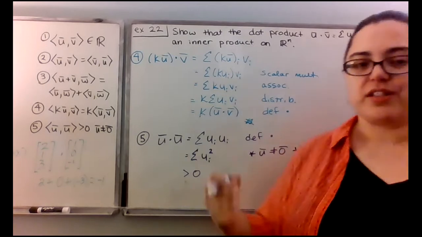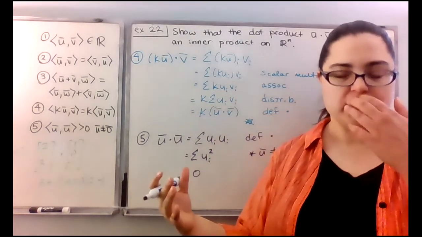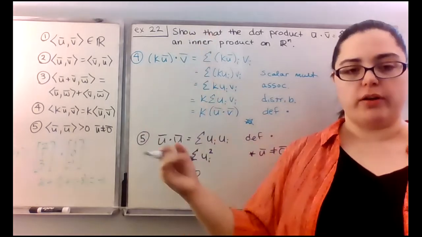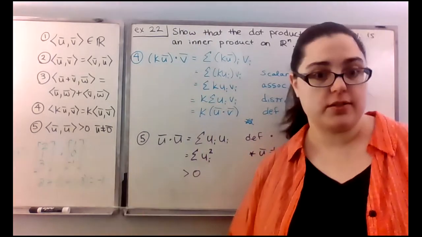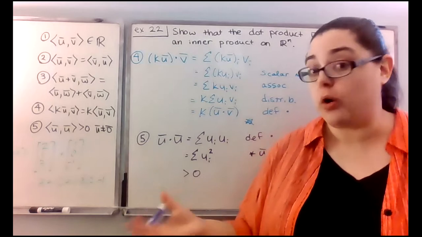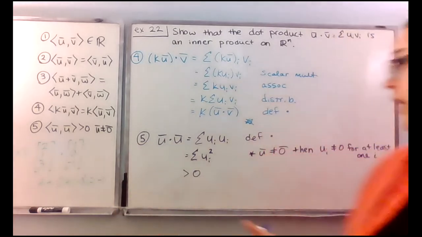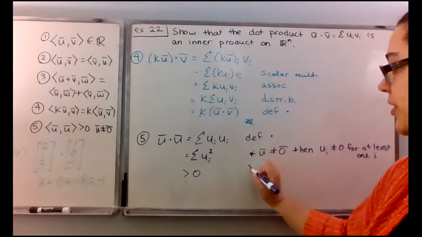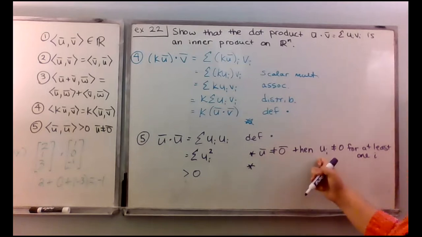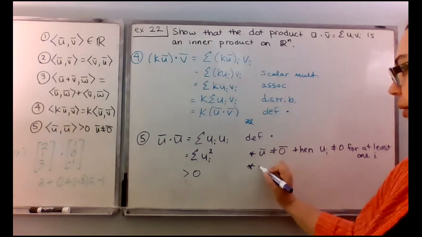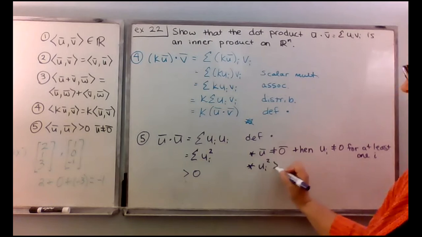In other words, if I have my n by 1 vector, at least one of the coordinates is not 0, because I'm not the 0 vector, right? At least one. Could have more, but at least one is all I need. So because of that, I'm going to pick that particular i here. That value has to be greater than 0,